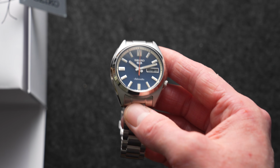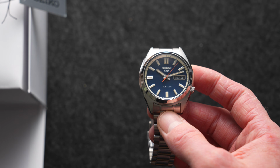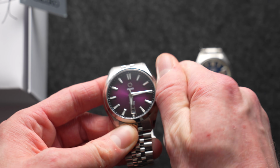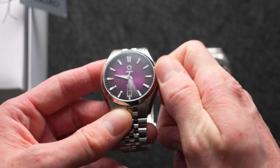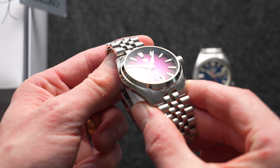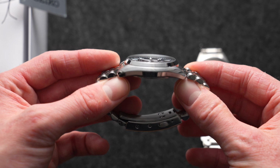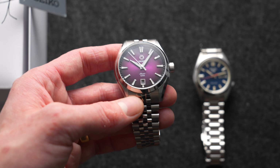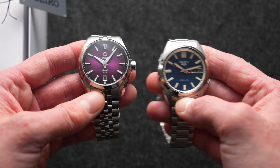For the amount of money that you spend getting one of these, you can get something quite substantially better. And the reason I say that is because I've just been looking at these Erebus Ascent watches, which are literally made by a YouTuber, not a multi-billion-dollar watchmaking corporation. This watch has better finishing in every regard, better bracelets, better movement, so the watch is thinner, a sapphire crystal, nicer hands, custom date wheels. And it's not just the specs, even though it has got better specs. It just looks like a more expensive watch